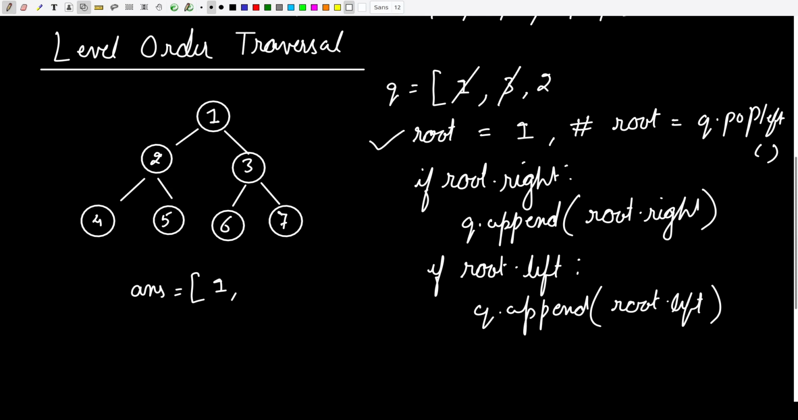So this time the value will be 3, and 3 is something which we are going to insert in the answer list. Then we are going to check whether the left and right child exist for the popped node or not. Over here it exists, and remember we have to insert the right one first, so 7 will come first and then the 6. After doing that, we are going to pop the next element from the queue, which is 2,